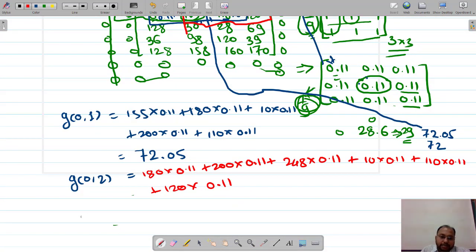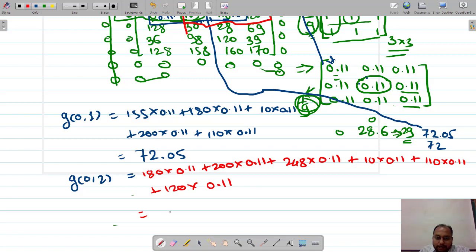So this is my first row, right? Okay, so let us compute this again. 180 into 0.11 plus 200 into 0.11 plus 248 into 0.11 plus 10 into 0.11 plus 110 into 0.11 plus 120 into 0.11.